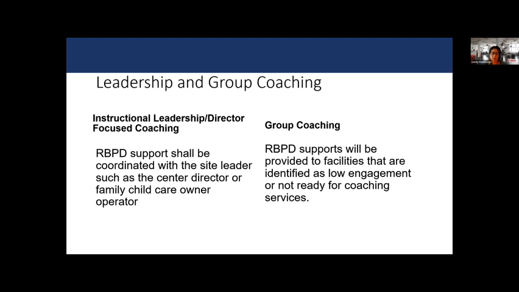This is going to be super helpful for us to inform DCYF and our partners about the reality of our coach delivery. And so if you're feeling like there's maybe a category that's not here, that's going to be super helpful, please let us know. We leave that door open. This is just our starting point.